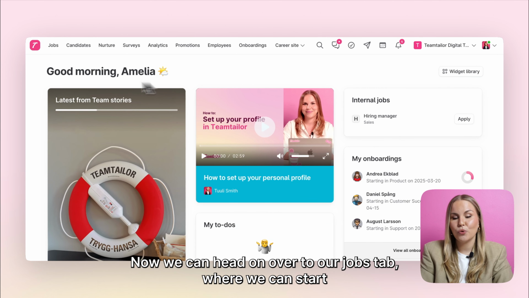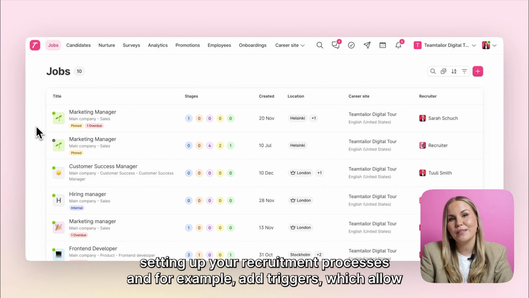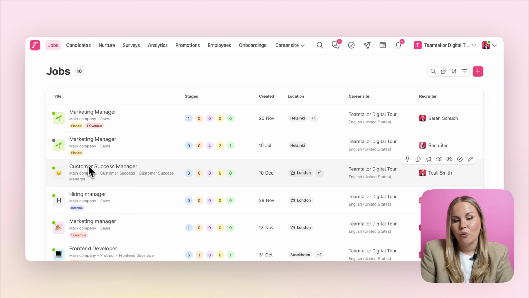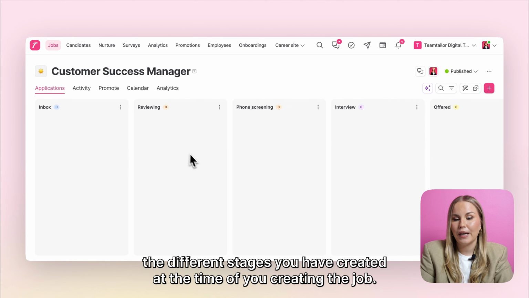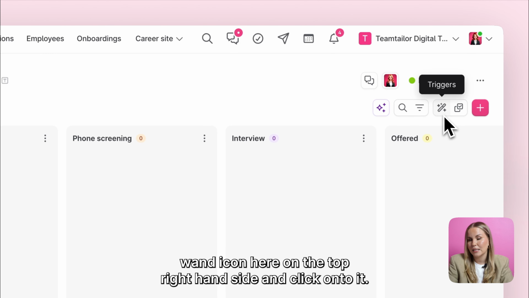Now we can head on over to our Jobs tab where we can start setting up your recruitment processes and, for example, add triggers which allow you to automate a couple of different acts in the recruitment process. When you open an existing job, you'll be able to find the different stages you have created at the time of you creating the job. And to add these triggers, you'll simply need to find the magic wand icon here on the top right-hand side